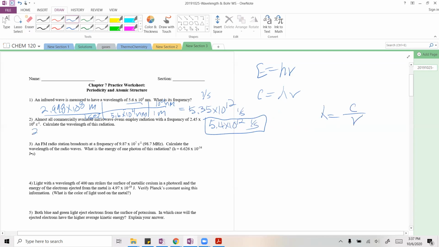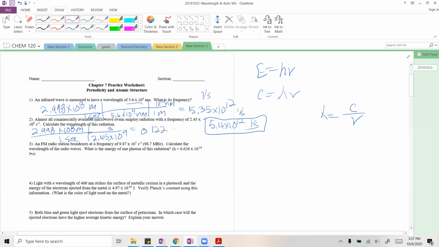Our speed of light is still 2.998 times 10 to the 8 meters over 1 second. Our frequency is 2.45 times 10 to the 9, and the seconds should go on top because it's per second. And so we need to take that 2.998 times 10 to the 8, divide that by 2.45 times 10 to the 9, and we get